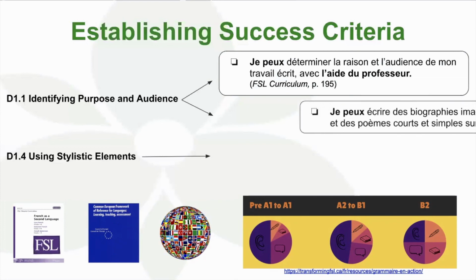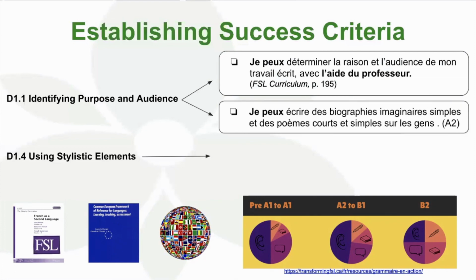The second criteria comes directly from the CEFR. They provide examples of what types of creative writing students are able to produce at the A2 level, such as imaginary biographies and short and simple poems about people. Some explicit teaching and context to students' writing would be included to build on their skills. For example, students might begin by writing their own diary entries related to their everyday life before moving on to